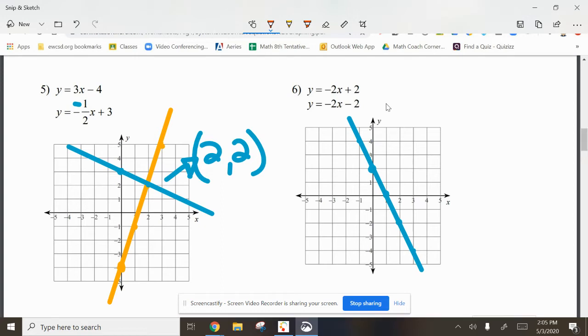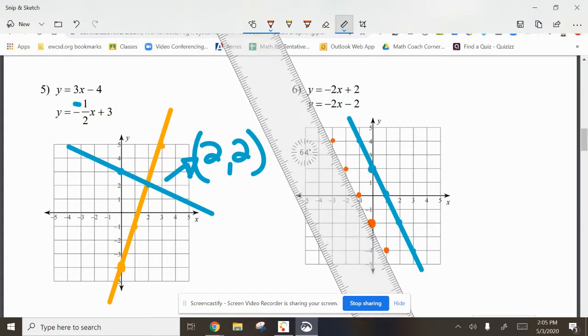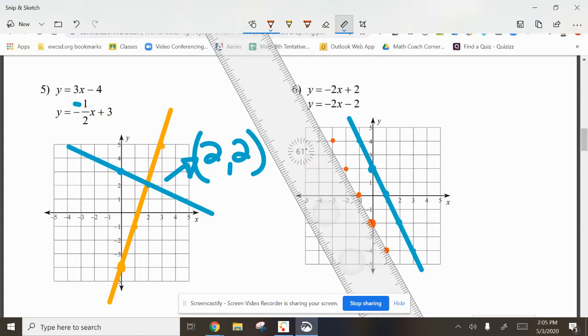I'm going to go -2 right here. And then I'm going to go down 2 over 1. Now, instead of down 2 over 1, go up 2 to the left 1. Up 2 to the left 1. Up 2 to the left 1. Okay? And when I draw this line,